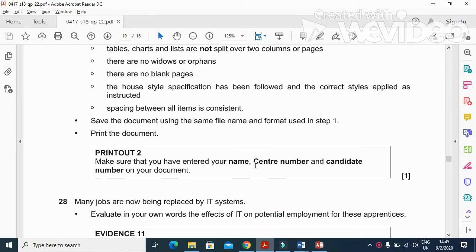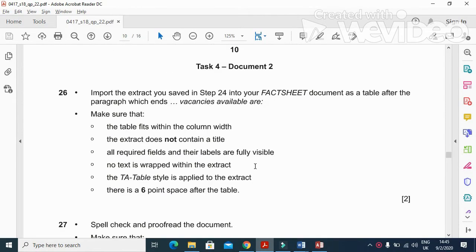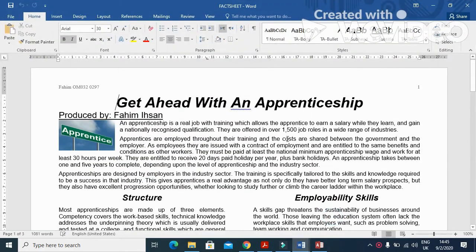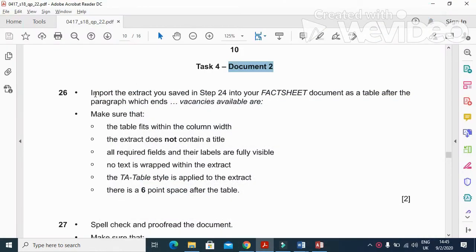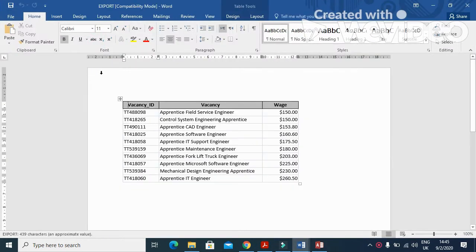So in document 4 part here, that is task 4 document 2, we already have our fact sheet here, this is our fact sheet. Now what we need to do is import the extract you saved in step 24 in your fact sheet document as a table after the paragraph which ends vacancies available are. So we already have our RTF file here. We just open this one,